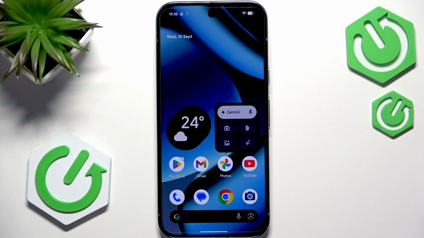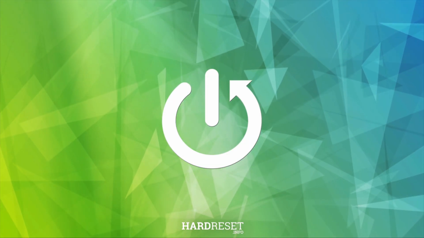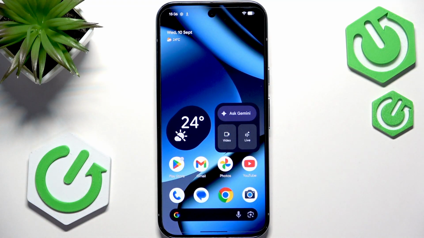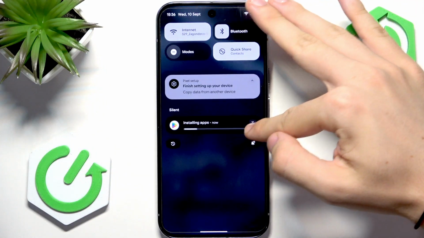Hello, in this video I'm gonna show you how to record sounds during screen recording on your Google Pixel 10 Pro. In order to record sounds during screen recording, first we'll need to open screen recording, so slide down from the